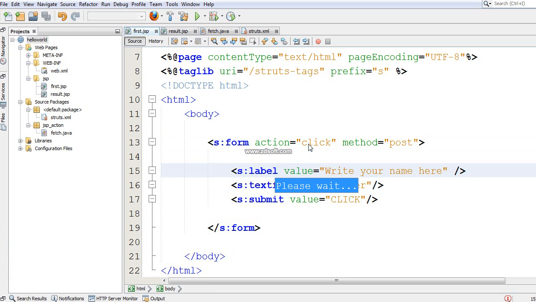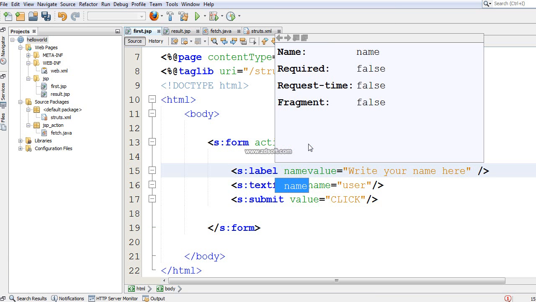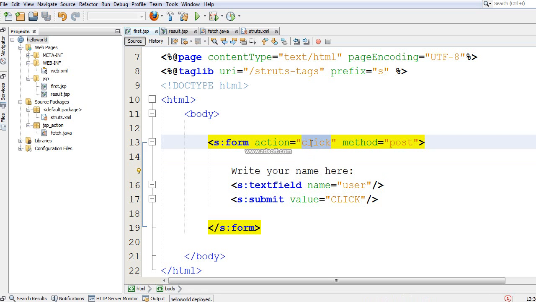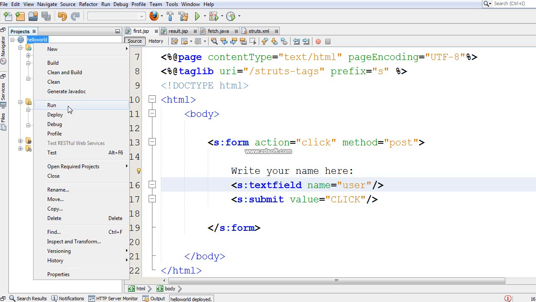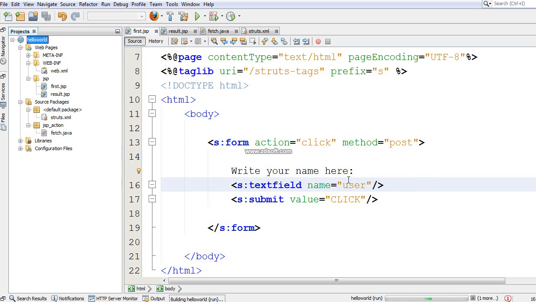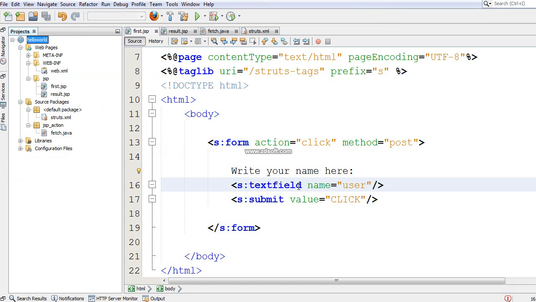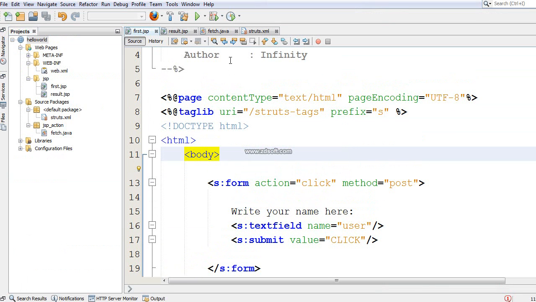I think I have not given the name over here, right? Name equals to, or if you don't want it, you can write your name directly here. That will also work, right? Action, so that will also work. Again, let us say run. Okay, so there's another error, let us see what it says. Method is post